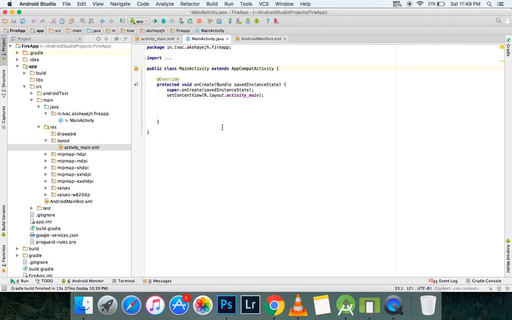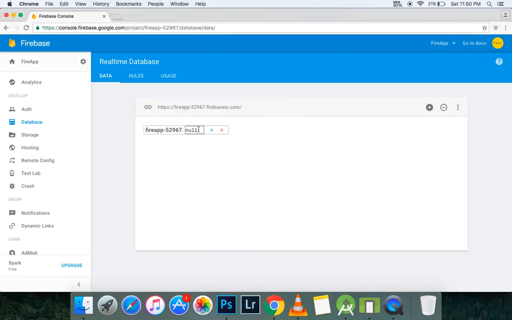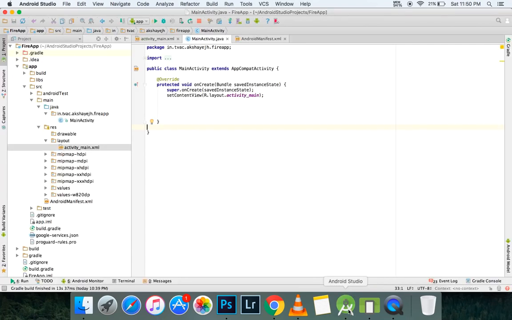In the last part we added some data to our database. So in this part we're gonna do the exact same thing but in a better way, because in the last part we added just one key, but in this part we're gonna add multiple of those keys. So first of all, I'm gonna open up my project, and make sure that you have added all the dependencies